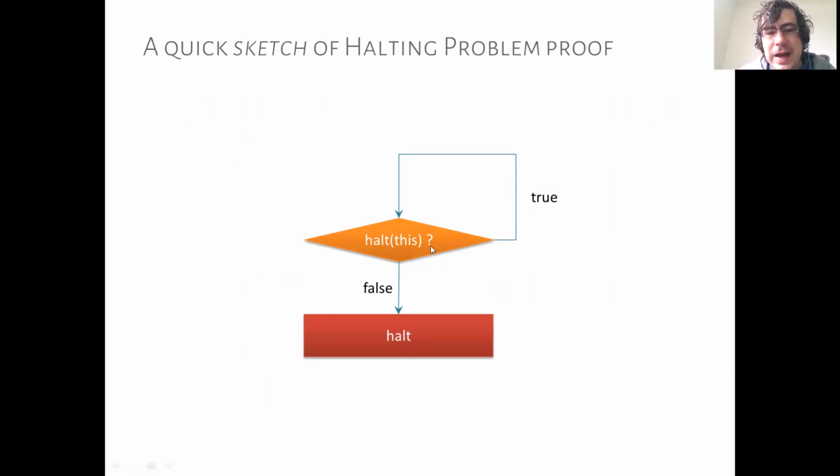So in our tricky program, we could ask the halting problem, does the tricky program itself, or a copy of it, halt? And if it says true, then we just loop forever. Okay, so essentially we don't halt. And if the halting problem says false, it says our tricky program will not halt, it will continue forever. Then we stop. So essentially, in this tricky program, we ask the halting program what it's going to do on the tricky program itself, and then we contradict it, right?